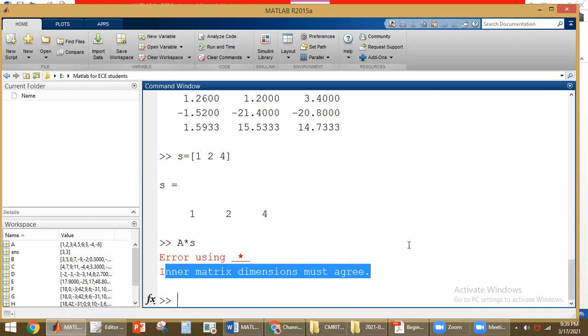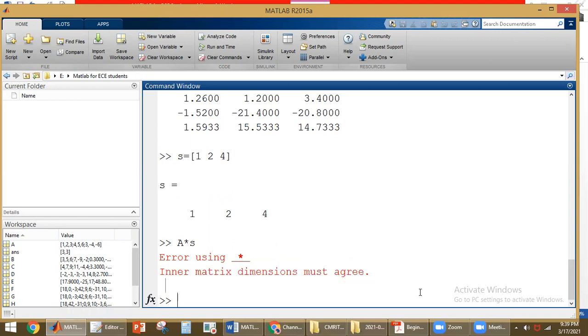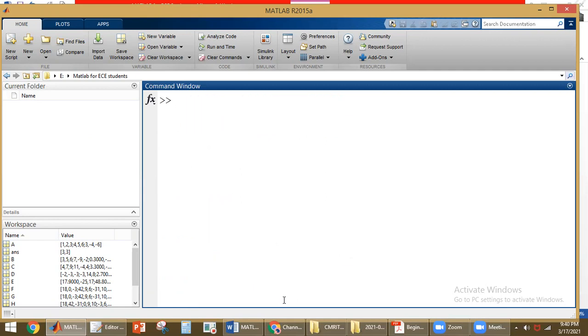That is why we are getting this error. We have already discussed how to find matrix multiplication. Now we'll clear the command window. What is the keyword for clearing the command window? CLC is the keyword to clear the command window.